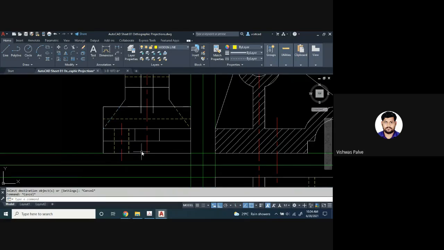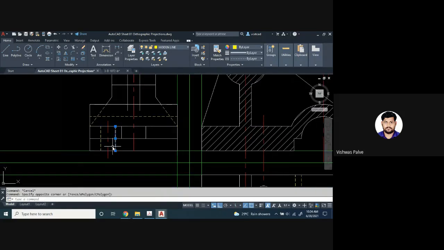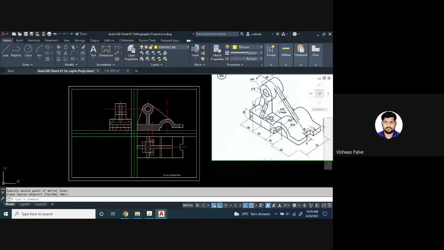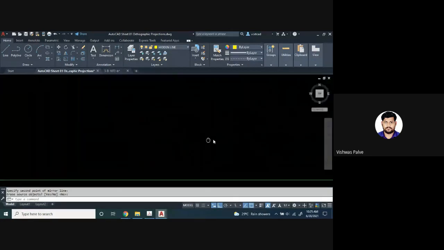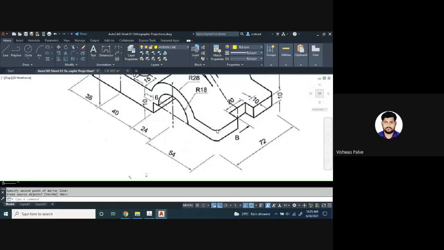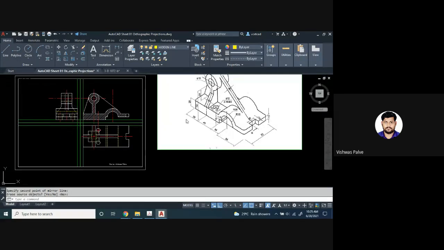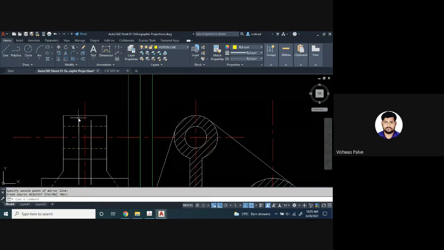Okay. Now same feature I have to reflect it on the other side. So select these two, whatever thing you have to mirror, select that line, MI enter, select the reference line, and then press enter. Okay. So I have drawn this portion here. Now you can see that there is a small curvature here, but the radius is not given, so we are not going to draw it as a curvature. So if you observe from this side, right, the side view, we have completed the side view. Here the curvature is remaining, so that also I can show it.